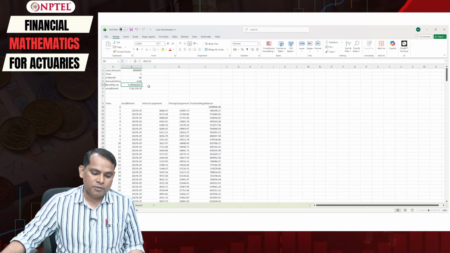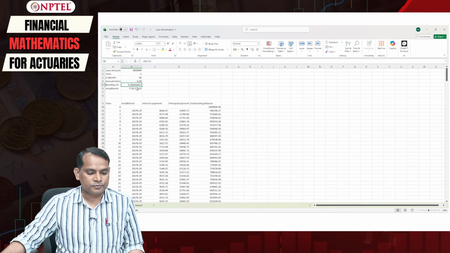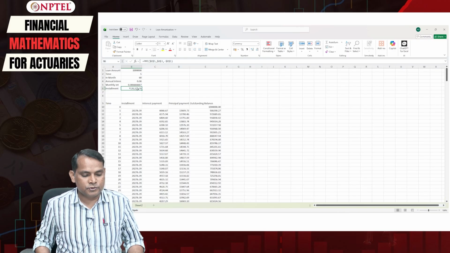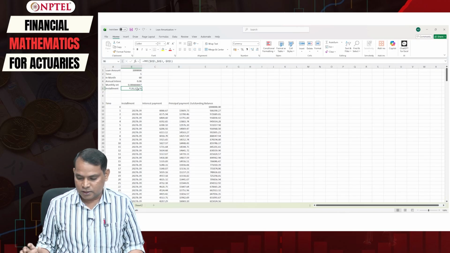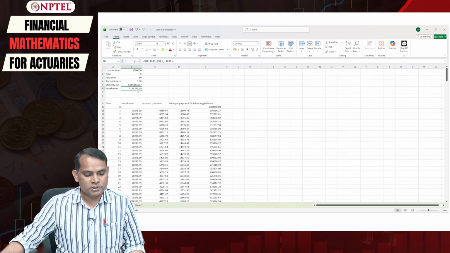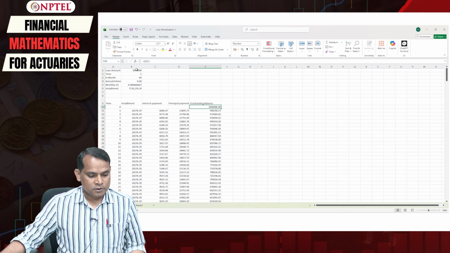So using the same principle here, now you are going to compute this installment amount, that is this one. You can compute it using the PMT function again, that is equal to PMT. The rate of interest here is now this one, and you have locked it here, and then the time period is now 60, and then the loan amount is this one, and then you can easily compute it here. So now you have just made it equal to this one.